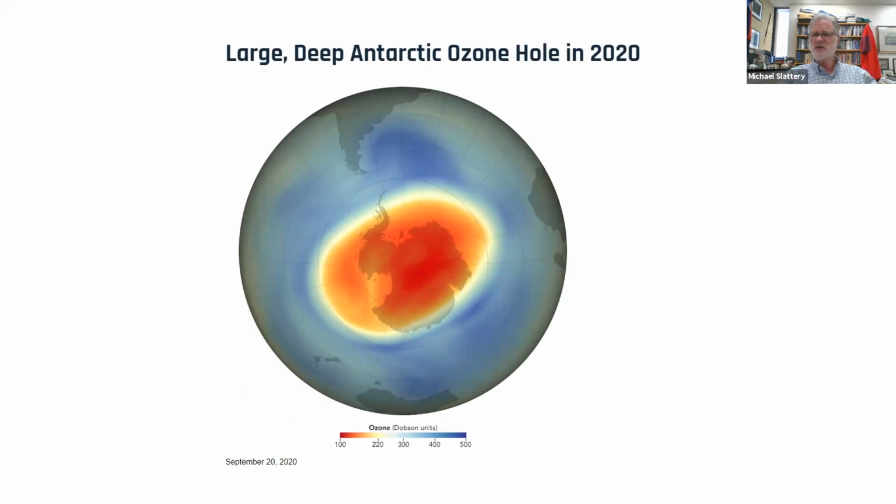And you can see why. I don't know whether it was Uchenera maybe, or someone asked about, why is it a hole? Why do we call it a hole? Is it a hole? Something like that. I mean, it looks like a hole, right? But it's this significantly depleted core of ozone, right?